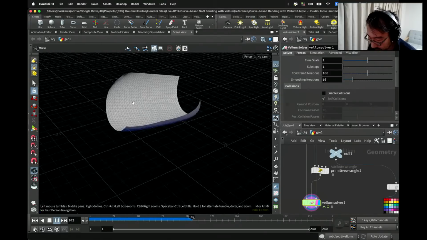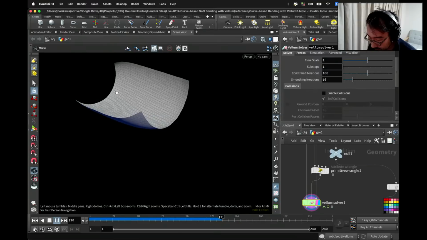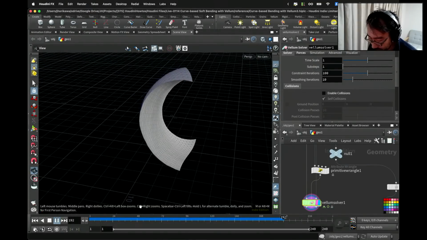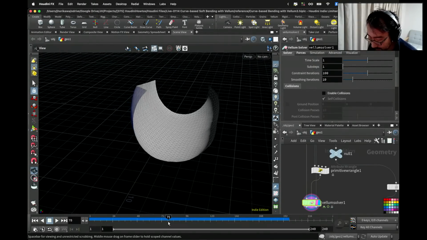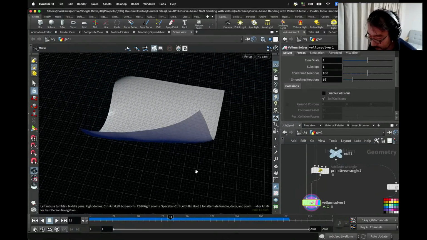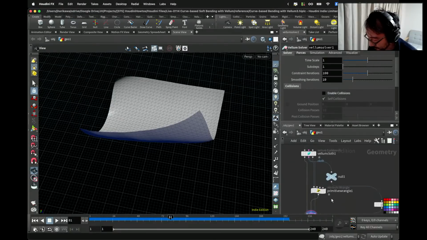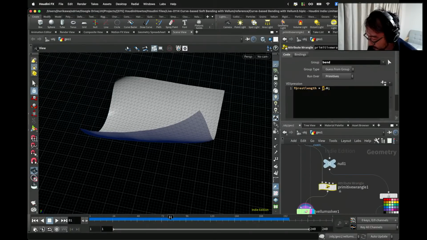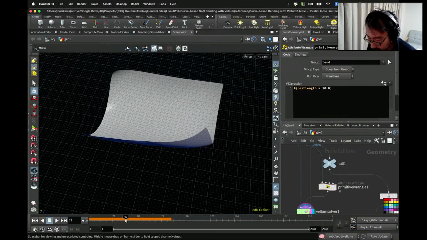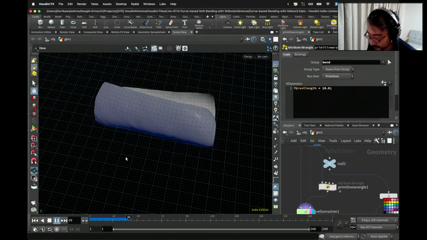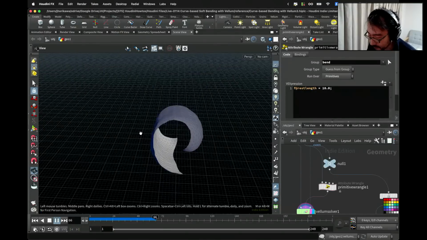Yeah. Not that so obvious, but you do see some different result from the previous one. So that's a bit of a problem. I mean, it's not a big problem because it's not really intended to be used like this, but